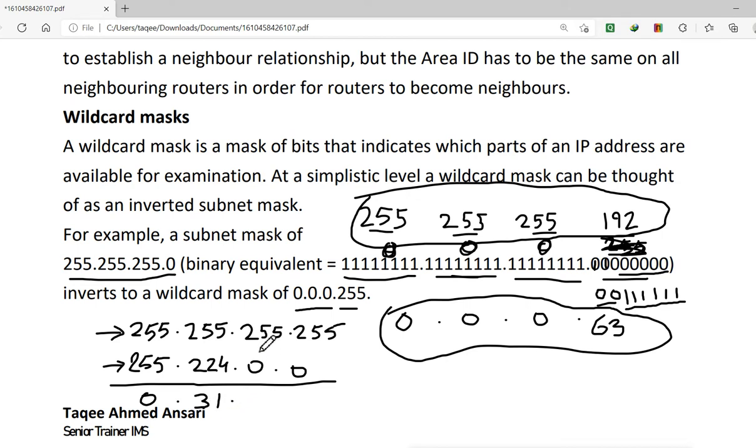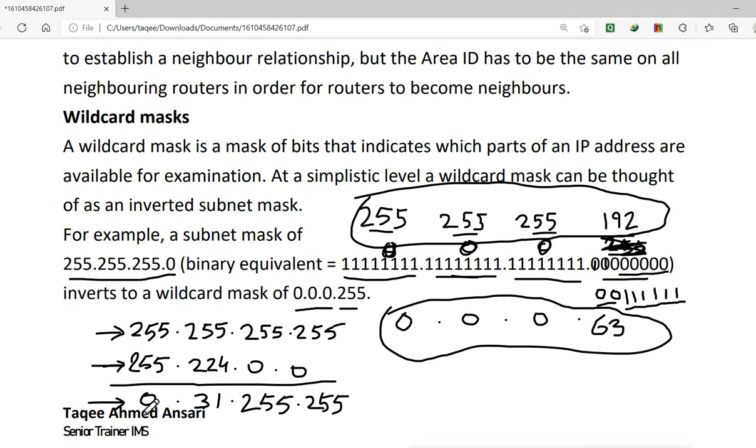Then when you remove 255 from 0, it will remain 255, and when you remove 0 from 255, again it will remain 255. So this is the subnet mask, and this is the wildcard mask for that subnet mask.